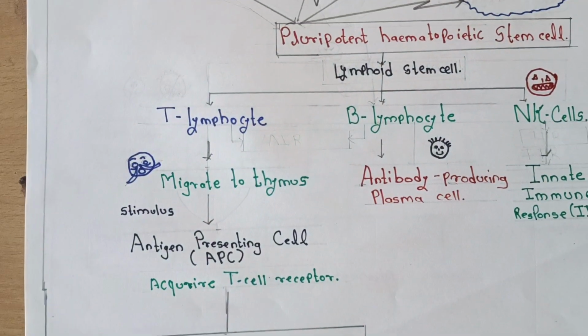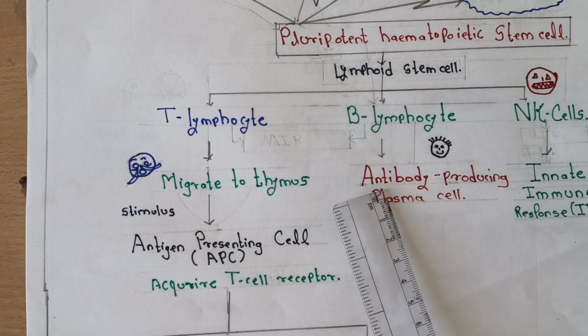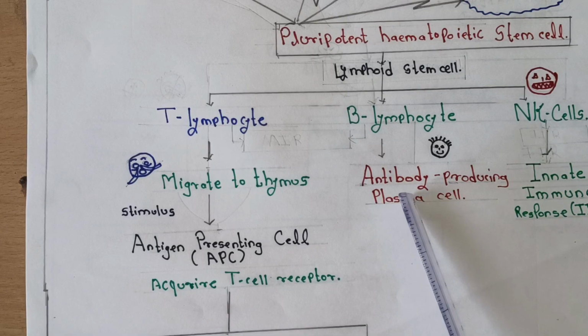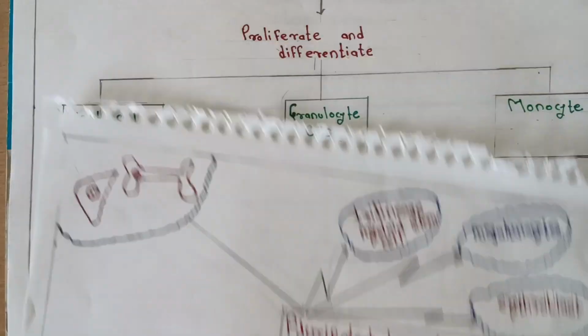The B lymphocytes get matured in the lymphoid stem cell and are responsible for the production of antibody producing plasma cells. And the NK cells mainly act in the innate immune response. Now